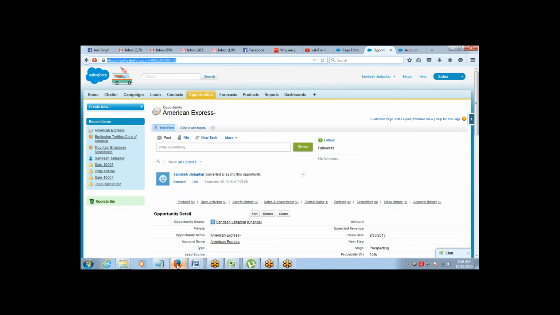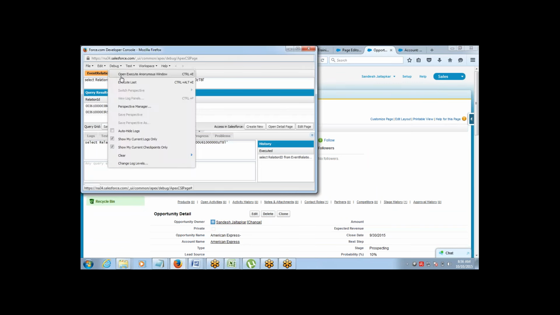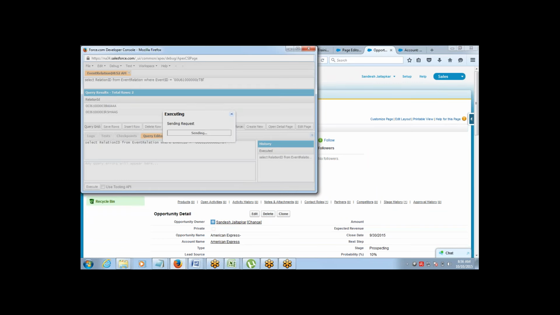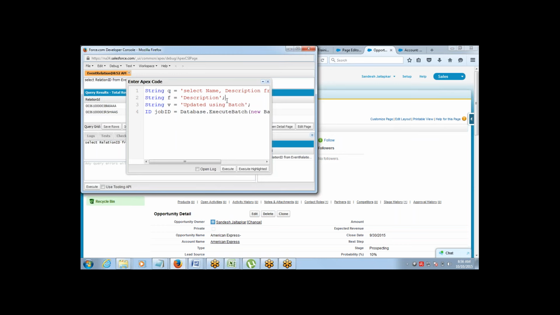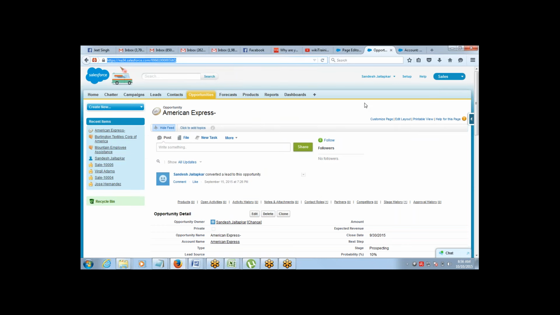If there is any problem with the anonymous block of code that you are writing, it will throw you an error here. For example, if I don't put a semicolon here and execute, that error will be shown here, expecting a semicolon. If there is no error shown here, then there is some problem with making that DML from the system validation or something else. Either the system validation rule or a trigger is not allowing it to be done. Those details will be written in the error itself.